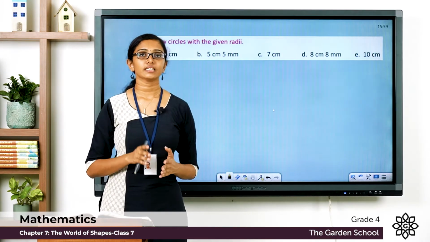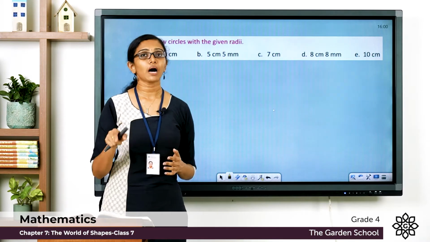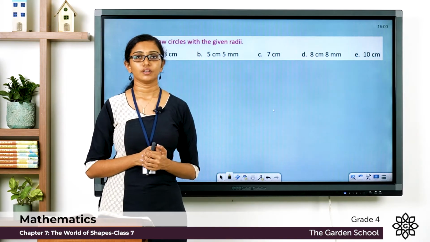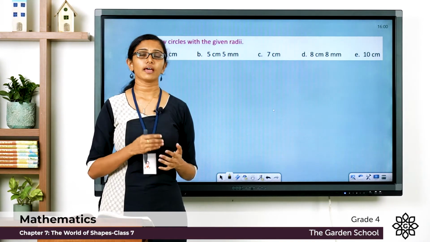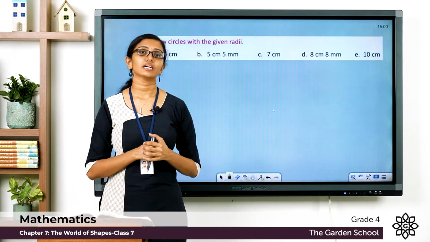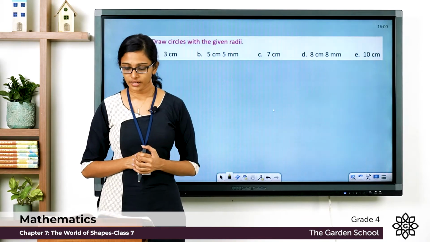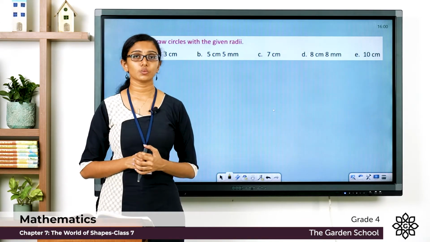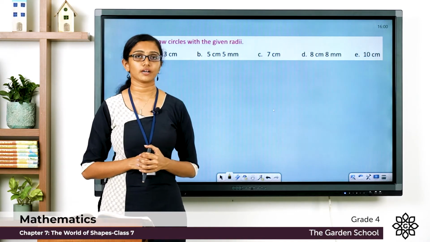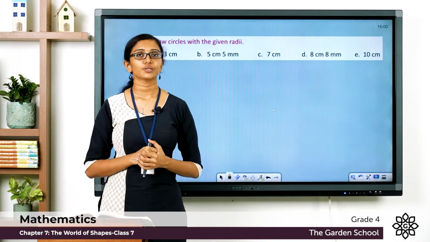Radius is the distance from the center of a circle to any point on the boundary of the circle. And a circle can have any number of radii. We've already seen how we can draw circles using a compass and a ruler. So the first question here is you have to draw a circle with radius 3 cm. Let's work out that question here in class, and then the rest of the questions you have to do yourself